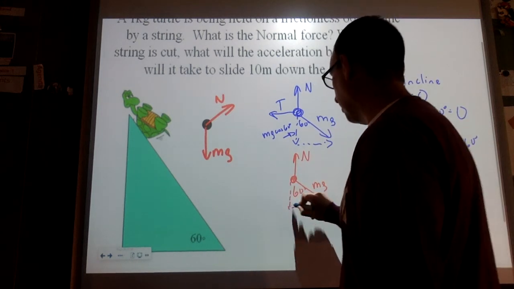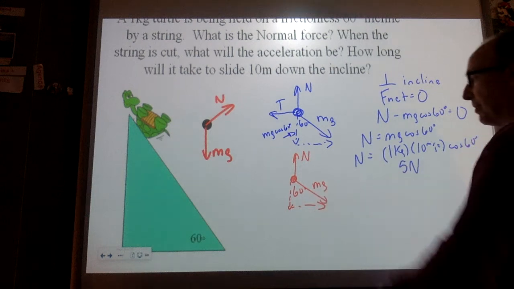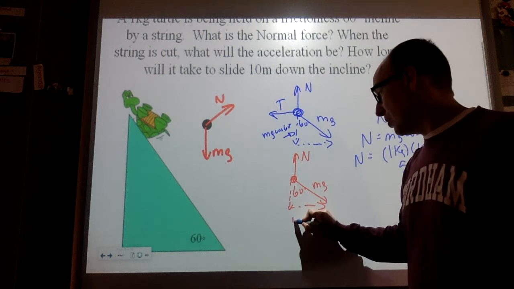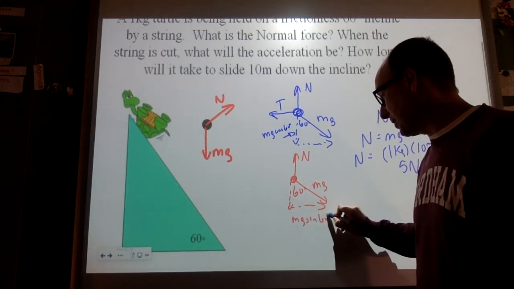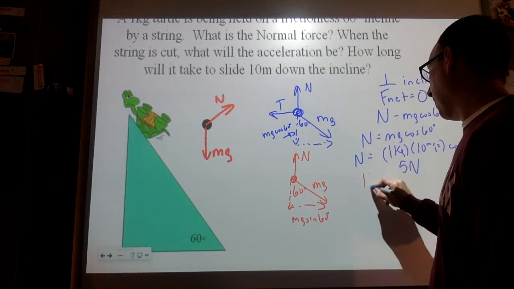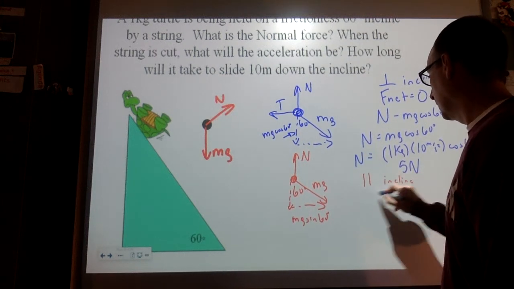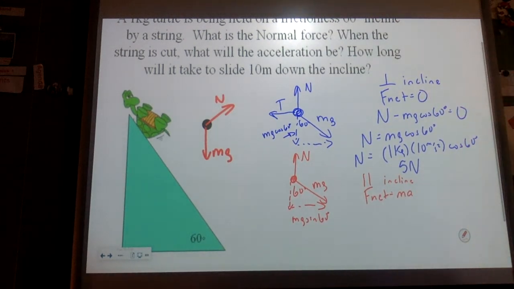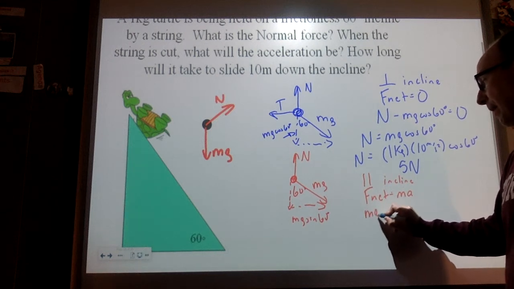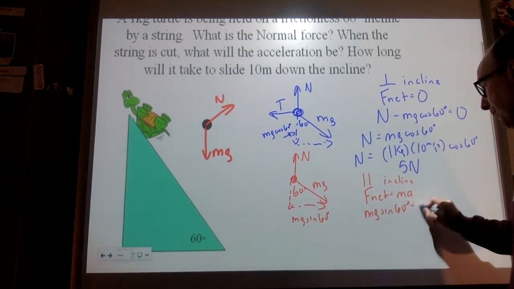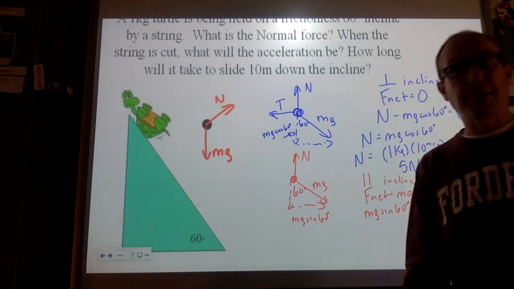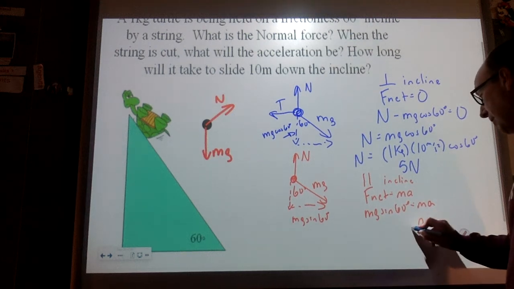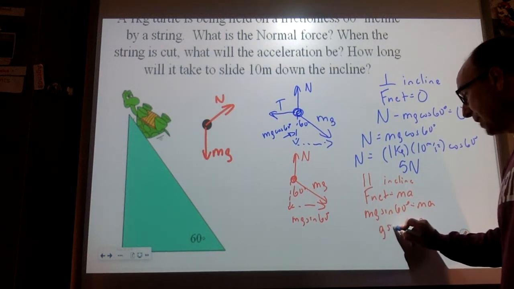And now, looking at our components, this one's balanced with that one. There is nothing to balance this one. This is the opposite side, so it's going to be mg sine of 60. And so I'm going to say, parallel to the incline, Fnet is equal to ma. And so I'm going to have mg sine of 60 is equal to ma. m is going to cancel out, just like when we first dropped the block in the first example problem in this section. And your acceleration is going to be g sine of 60,